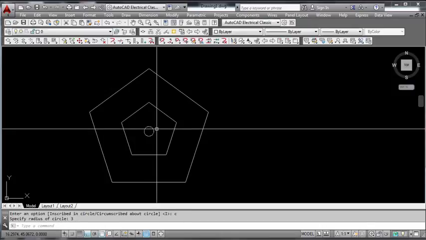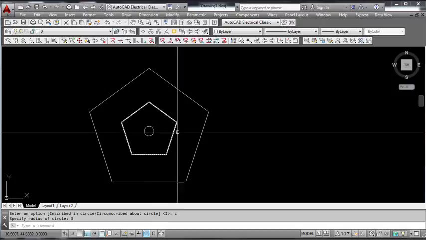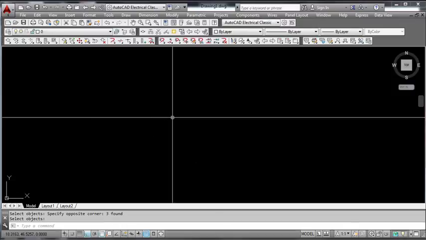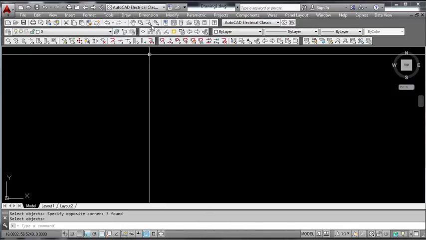Now polygon. Draw polygon. Before drawing a polygon, I will draw a circle here, and that will